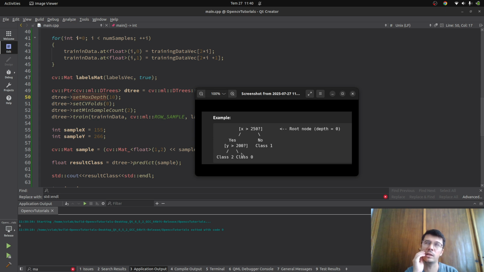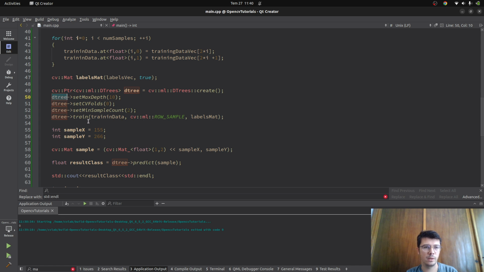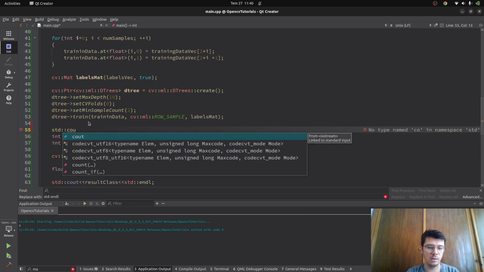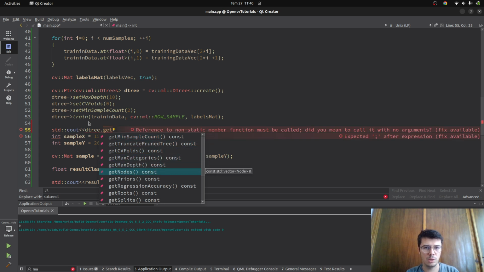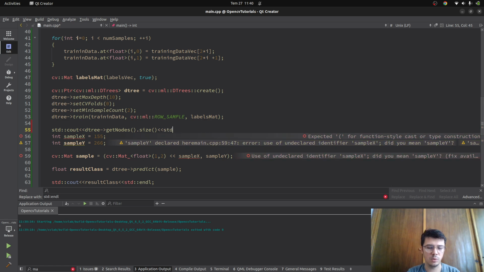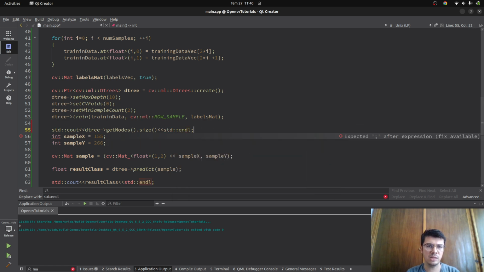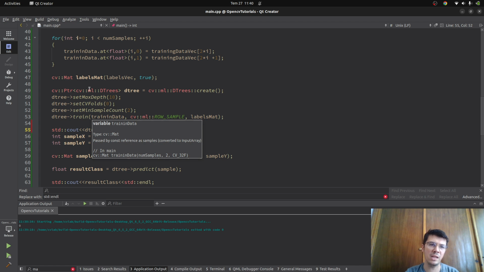You can also maybe ask how we are deciding that. Actually we don't decide it, the algorithm behind is deciding according to the training data. It's just going through, and how long it should go is actually decided by it. For our case, maybe we can check after this, just because it mostly comes after the training is done. Just getting nodes, and here we can check the size. But this is going to give us the node size, of course, not the depth, because the depth is what we